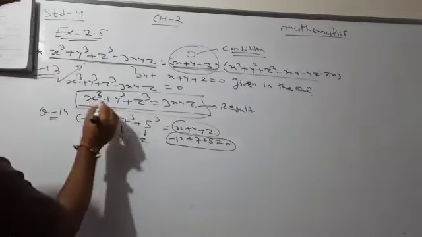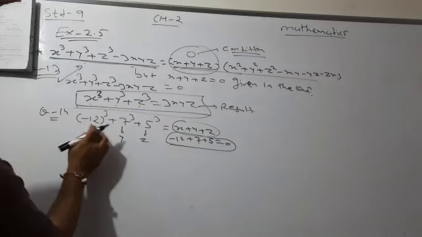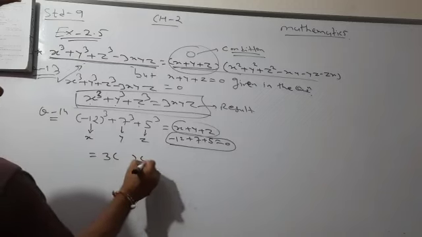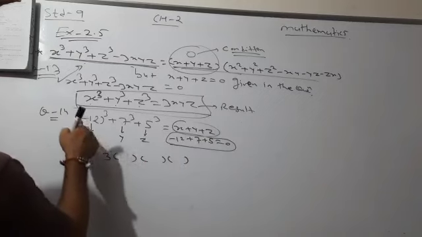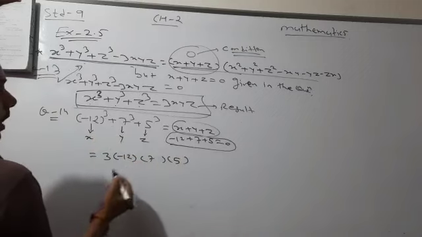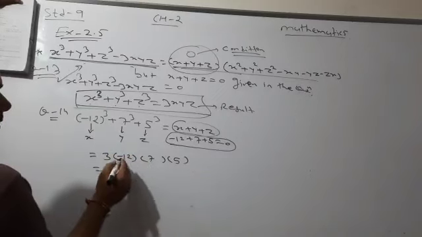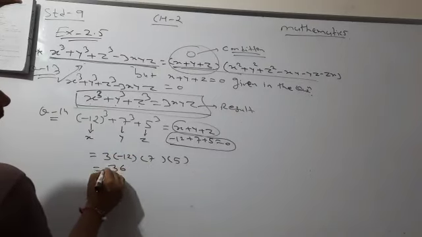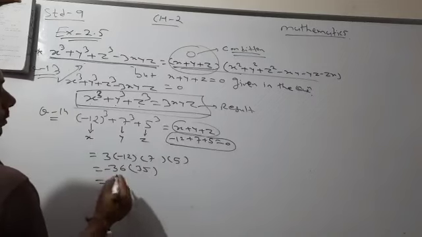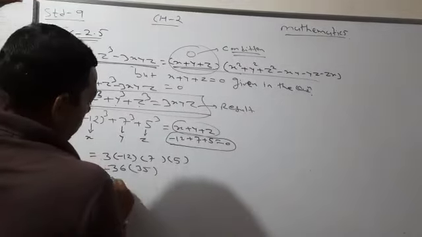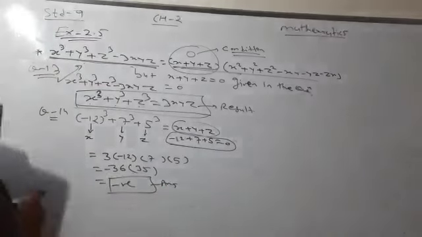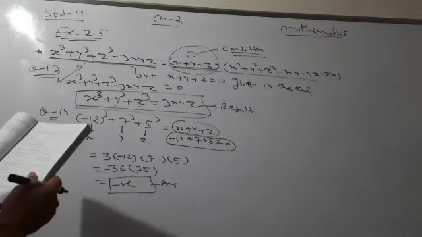So on the basis of this, x cube plus y cube plus z cube, that is minus 12 cube plus 7 cube plus 5 cube, is nothing but 3 times xyz. We will put x is minus 12, y is 7 and z is 5. Now we have to multiply this and we will get the answer. 12 3s are 36 but negative, and 35. This is our final answer. This way you have to solve the second one also.